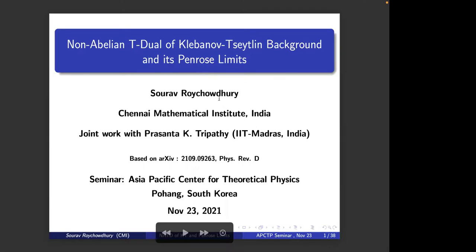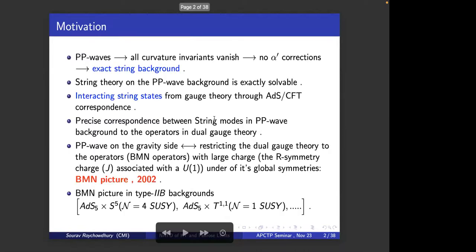First I'll talk about the motivation and introduction of our work, followed by the technical details, and then I will enter the core part of our work, and finally I will conclude and give some ongoing directions. Okay, let's start. Why is the plane wave or pp-wave background important and interesting